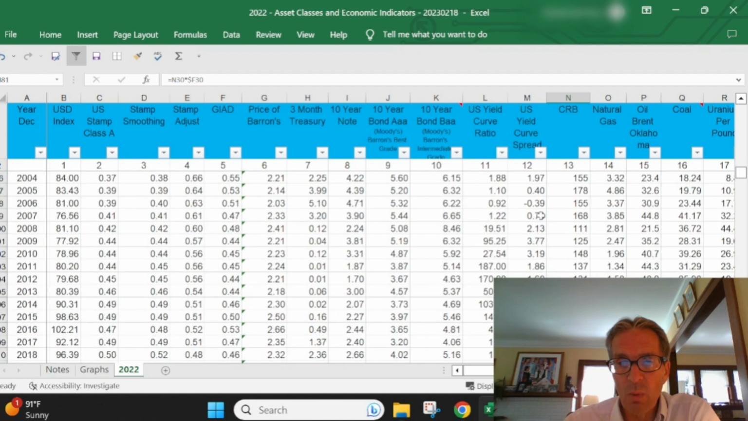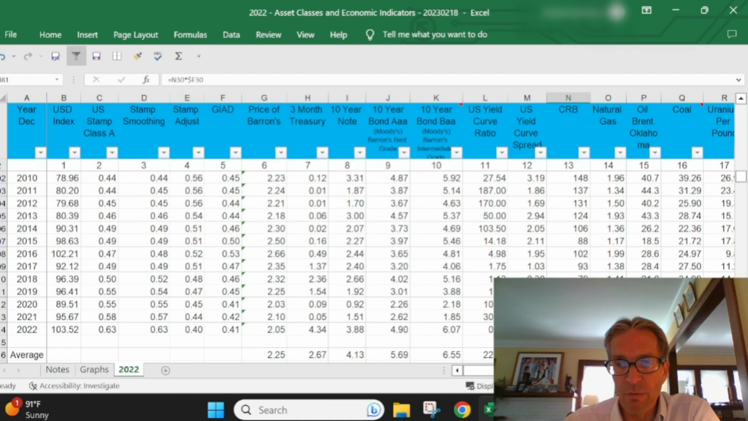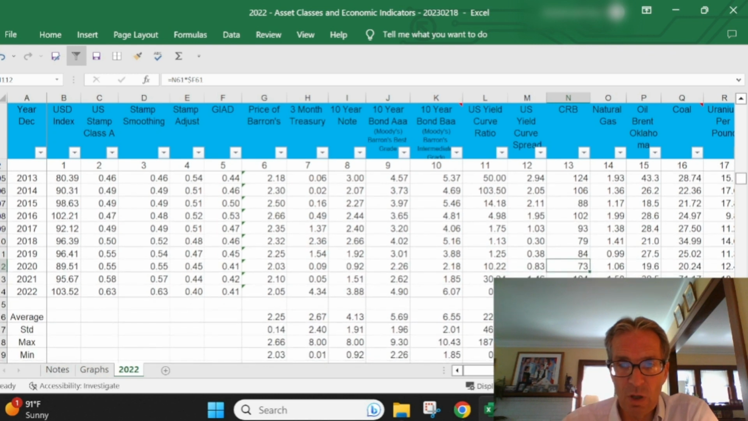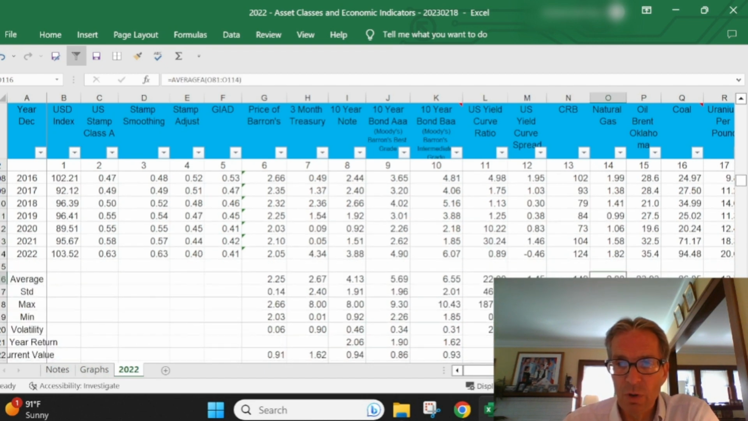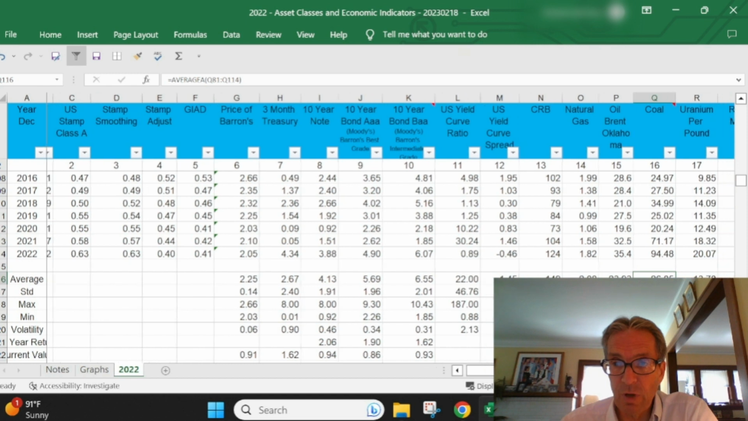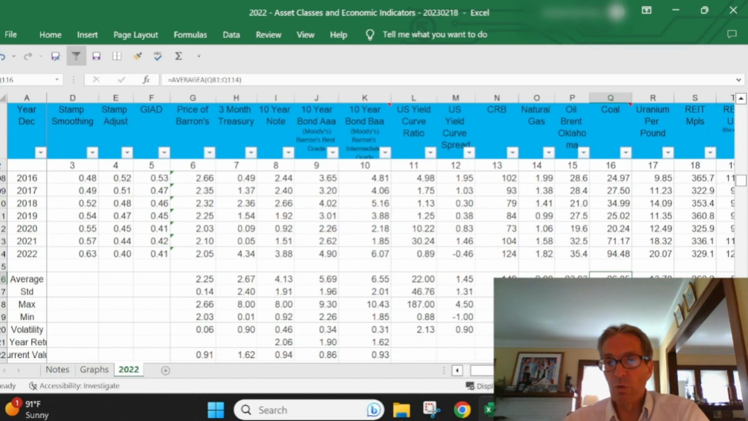Now, it hit a trough of 73 some years ago. But now with inflation, who knows? Maybe we'll go above 150. Natural gas is slightly below average. The price of oil is way above average. Coal is triple the average. So if you think that coal is going away anytime soon, I hate to tell you this, but